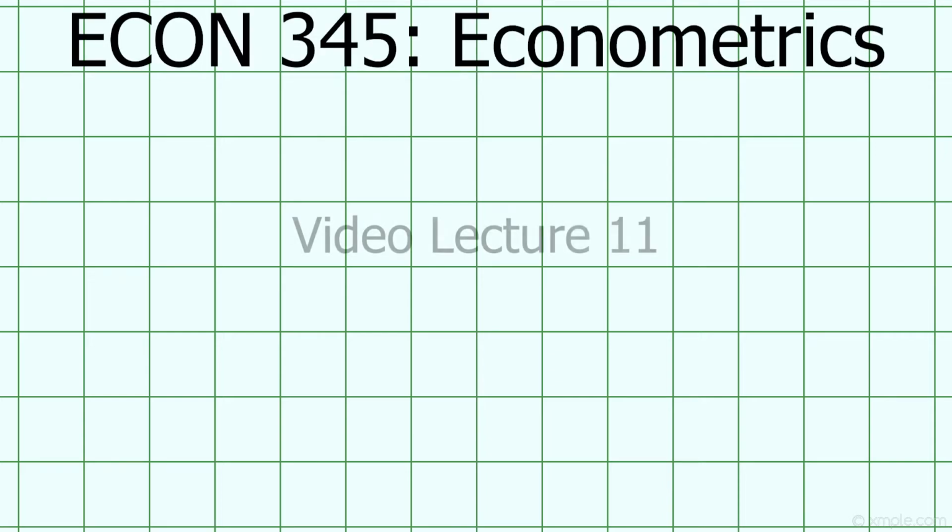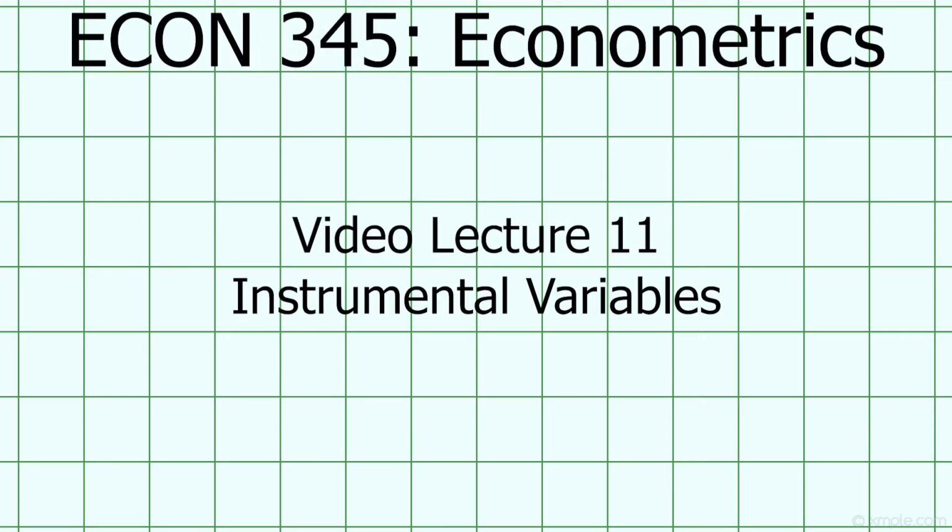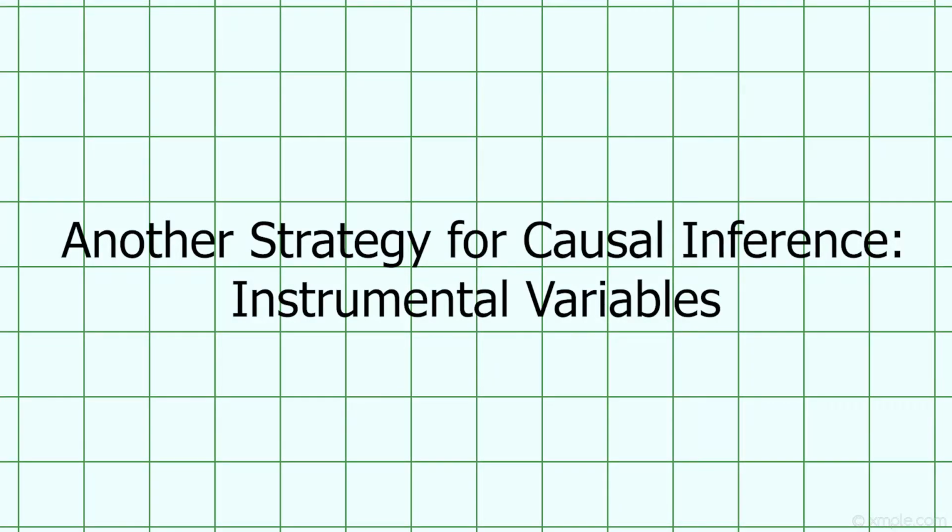Last week, we learned about regression discontinuity design, a powerful tool for causal inference even when we have unobservables and simultaneity bias present. However, regression discontinuity designs can't be applied to every single question that interests us. It requires a very specific setup with discontinuities linked to a running variable. This week, we'll look at another strategy for causal inference that can be used in a wider variety of circumstances,